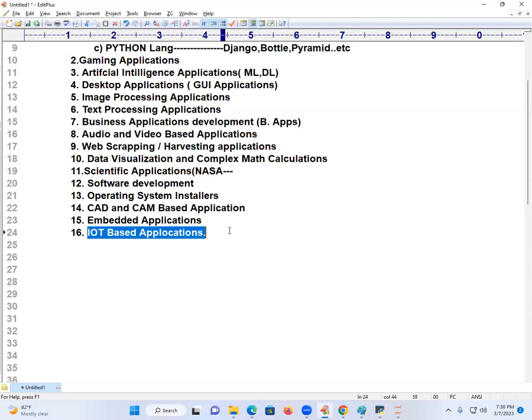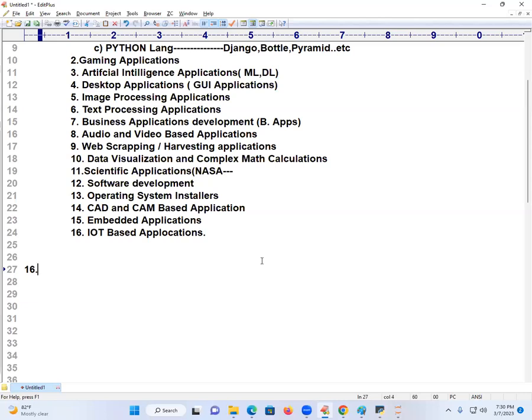Sensor-based programming. If you go to modern lifts, a sensor level of timing is maintained, right? That is all called sensor-based timings. Are you understanding? Behind every activity which is automatically performed, there is some sort of code written internally. Please come out of your traditional programming and try to learn modern programming. In the coming 30 years, only Python will be there. People are frustrated with writing lines and lines of code. That type of intelligence is not wanted nowadays. They are looking for less coding and more meaningful applications. That's why Python is becoming the first choice programming language in the software industry.